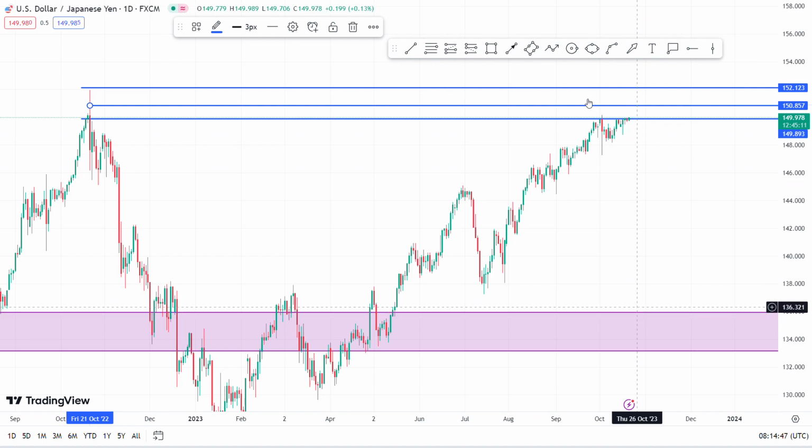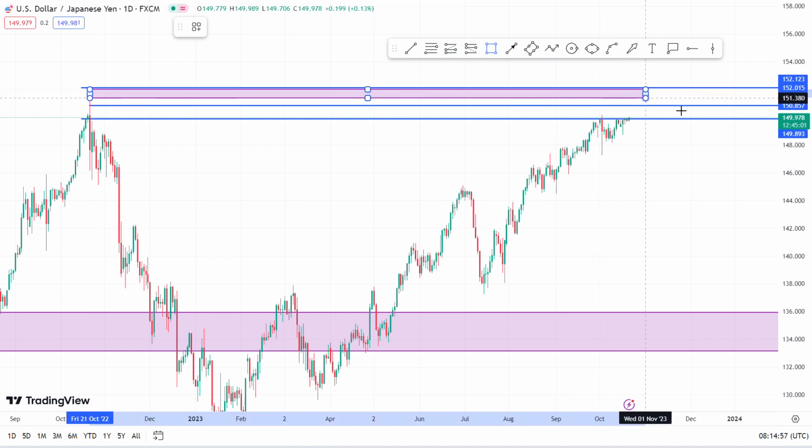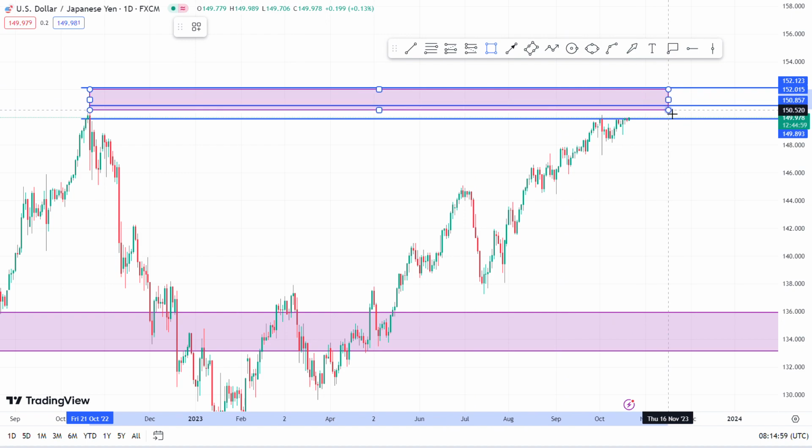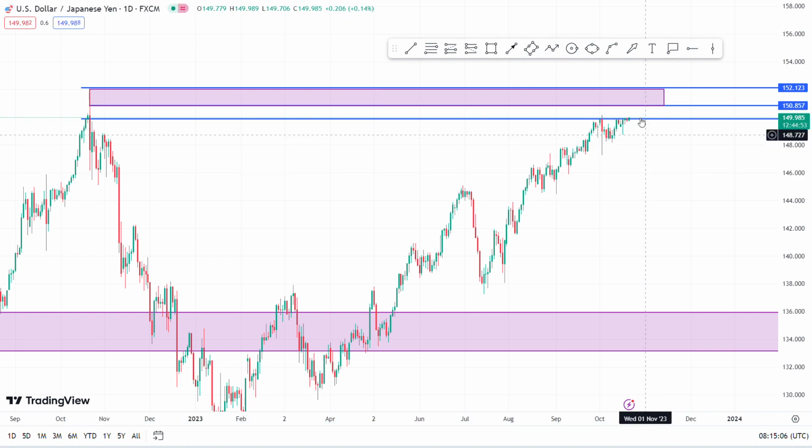Get me right? So you can do this. If you want to risk less, you can do this. You can wait for the market to pull up at least into this zone,